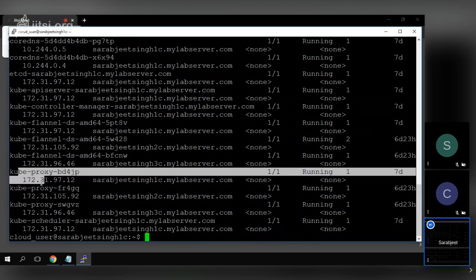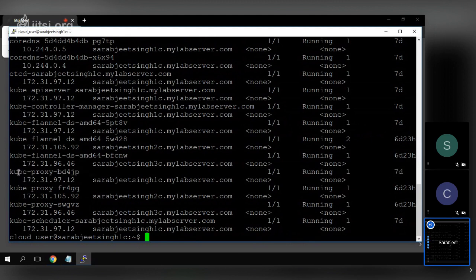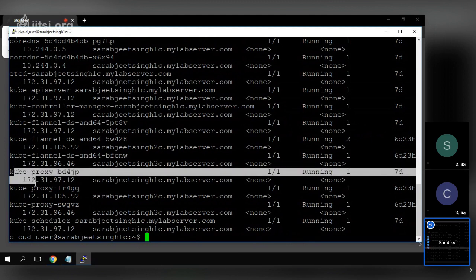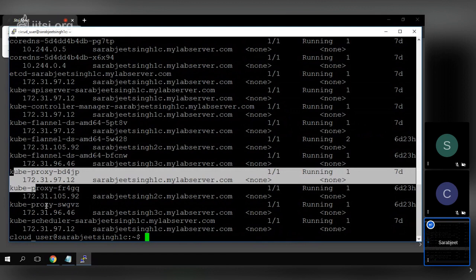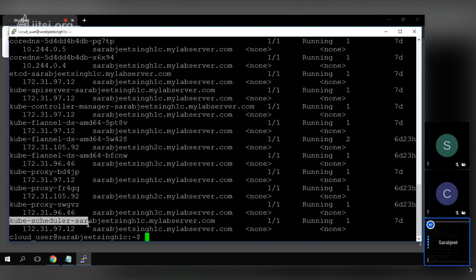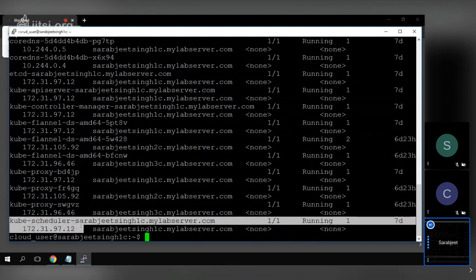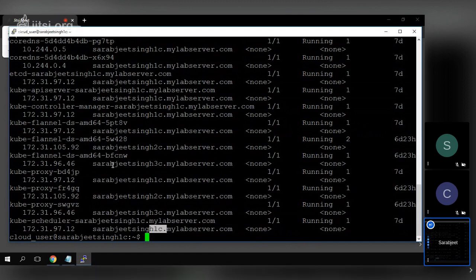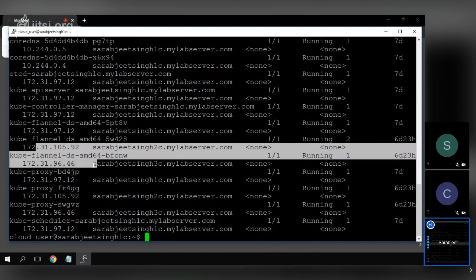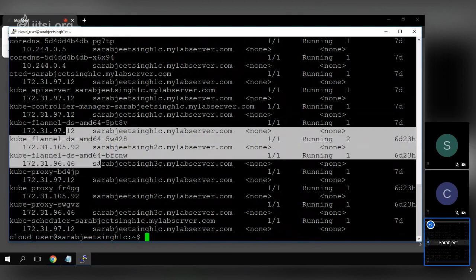But it is useful when you are on the worker node, not on the master. Like, we have also installed the container runtime on the master node, but that is not necessary. And here, only one kube-scheduler is there, running on the master. Flannel is running on three nodes